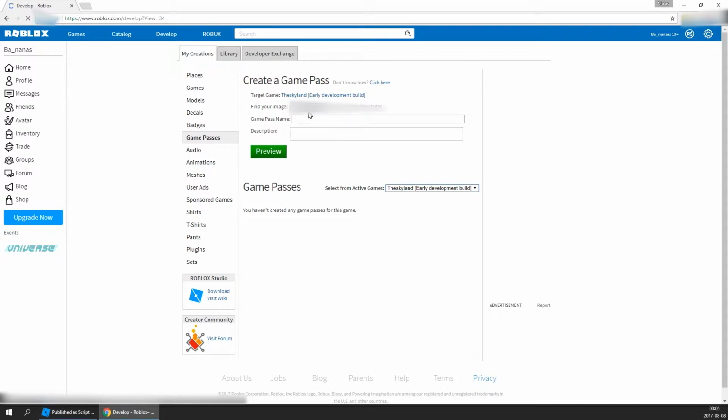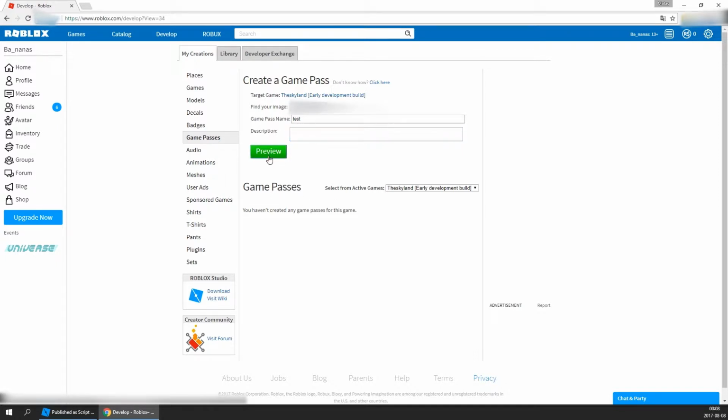Now we find an image, choose the file, and it will pop up the window. And here's the image, but you don't see it, so I'll just leave the name like this. You can put a description, and you need to be quite descriptive to advertise this kind of game pass,